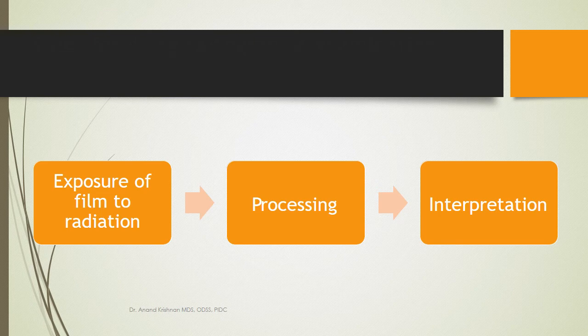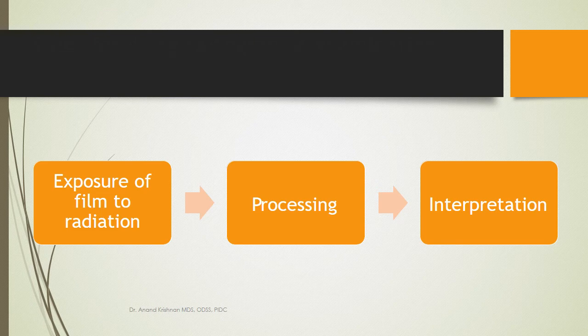Once we have taken the radiograph, you cannot immediately visualize the image. The image is there in the film, but it cannot be visualized by us directly. So it has to go through a process called processing for the image to come out. From exposing the radiograph until processing, this stage is called the latent period, where you have a latent image. That is, the image is there, but it is just not visible yet. Once you process it, it becomes visible.